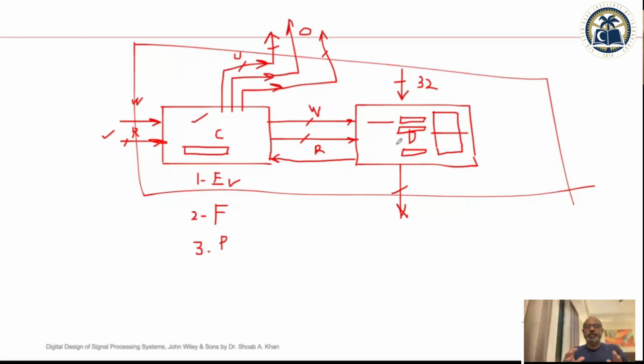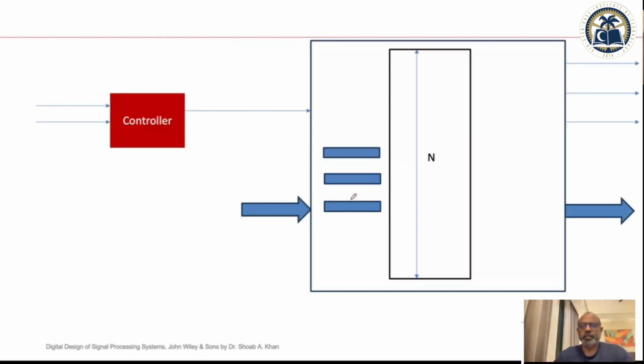So this is a design which I would like to have. I want to have a controller. I want to send the control signals, and there seem to be two control signals, the request for read and the request for write, and I am generating the three status signals. The controller is generating the three status signals. So always I would like you to perceive a design in this fashion: a controller and a data path.